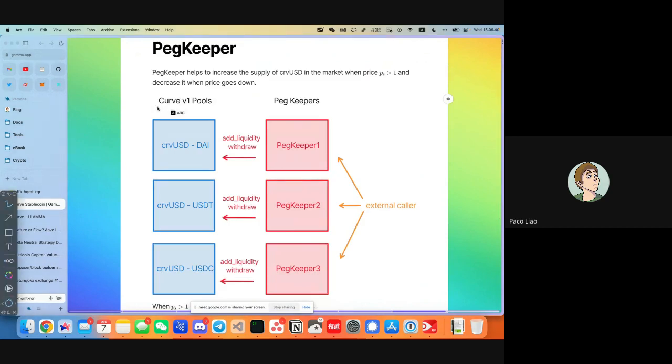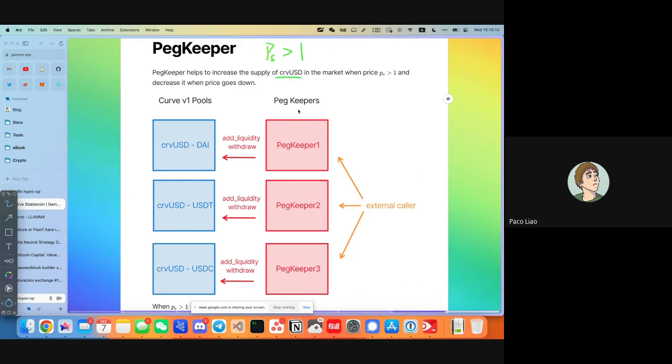They will create a lot of Curve V1 pools for Curve USD. So maybe there would be a Curve USD to DAI pool and a USDT pool and a USDC pool. These are Curve V1 pools. And for each pool there would be a peg keeper. If the price of Curve USD is greater than 1, that means the Curve USD supply in the market is